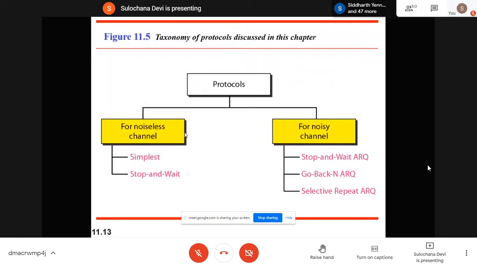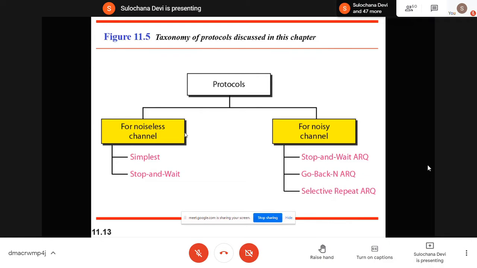For this, we considered 2 categories of protocol. One was for the noiseless channel and another was for the noisy channel. In the noiseless channel, we considered all ideal conditions: unlimited bandwidth, perfect network, unlimited buffer space at the receiver side, no packets lost, no frames lost, no data corrupted.